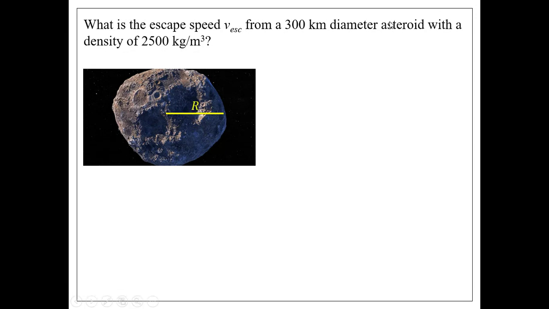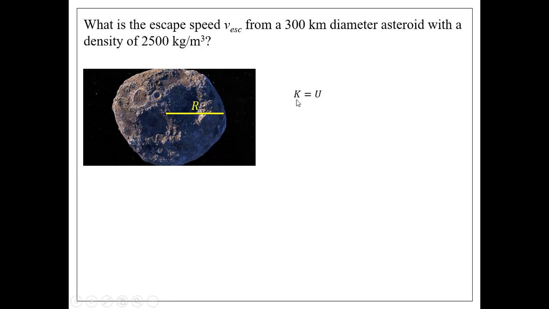I know the problem gives you diameter, but if you've been exposed to this particular content, you need the radius of the asteroid. And here, the density of the asteroid is given, not the mass. So keep that in mind as you listen in. Okay. All right. So in order to find the escape speed, all you have to do is set up the